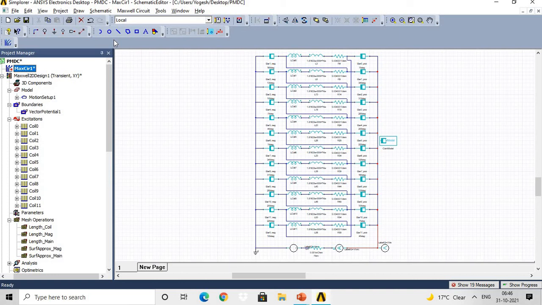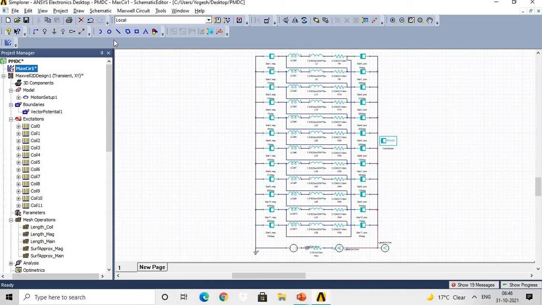So you can analyze the performance of the motor in the RMExpert tool, then convert that model into Simplorer, and in Simplorer you can study the converter and controller part of that motor, or the supply part of the motor. And if you want to make your own design for the supply part, then you need to work on the Simplorer tool. Okay, so I think this information might be helpful to you.